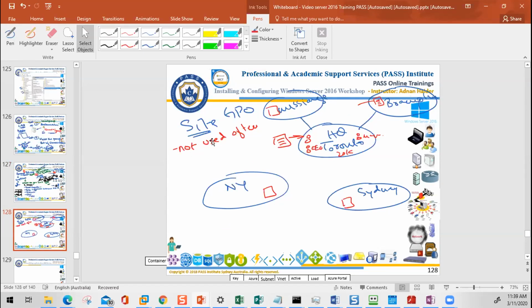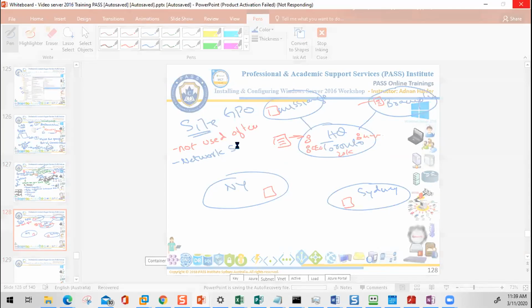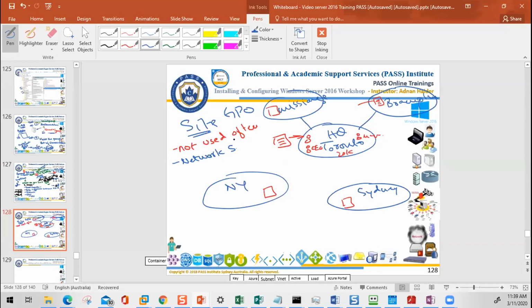So for that reason, Microsoft says that site policy can only be used for specific types of settings. So let's say you want to make some network setting for the complete city. Let's say you wanted to assign a DNS IP address or maybe a proxy server IP address. So most of the time, site level group policy is only used for network settings and not for user settings